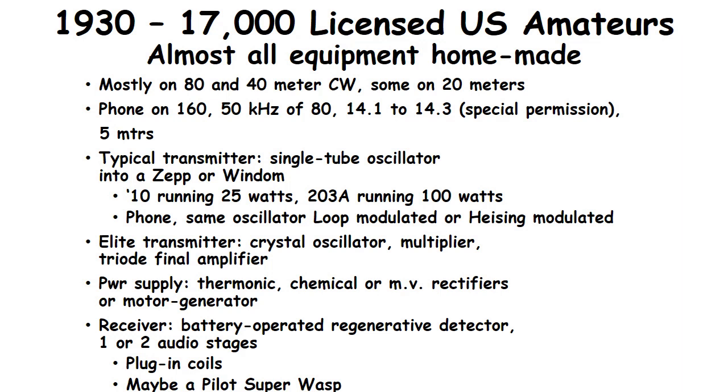which produced AM and FM, I am sure, or Heising modulation, which was a choke-coupled audio amplifier on the B+ line. The audio amplifier was Class A and required quite a bit of power, but it produced decent modulation. AM again. An elite transmitter of the era,